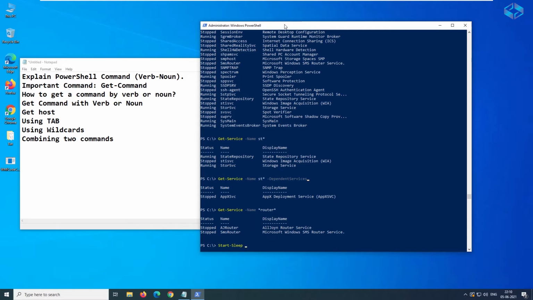Then you want to execute the second set of commands, where the first set of commands may take some time to complete. For example, let us say to stop a service. Stopping multiple services will take different timing. Maybe some of them will be faster, some of them will be slow. So you can have a buffer time set with a sleep method, so it will wait that much time to execute the next command after the sleep.